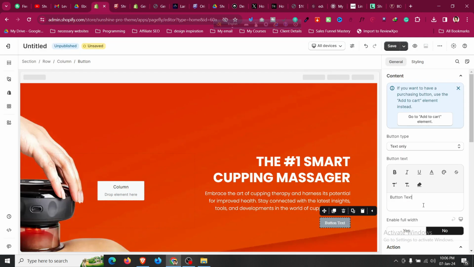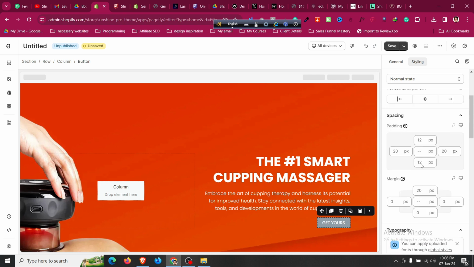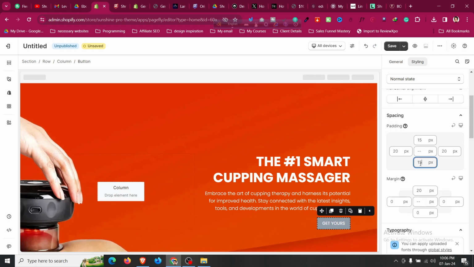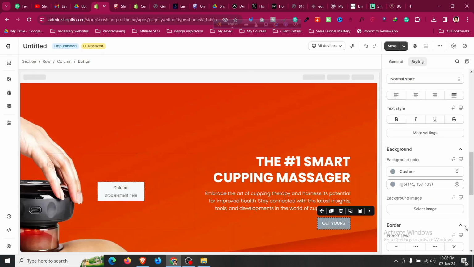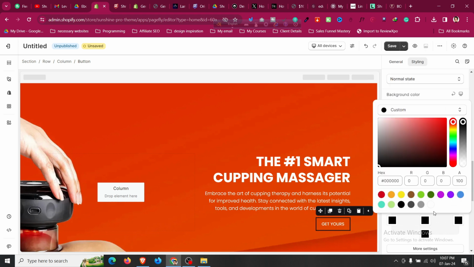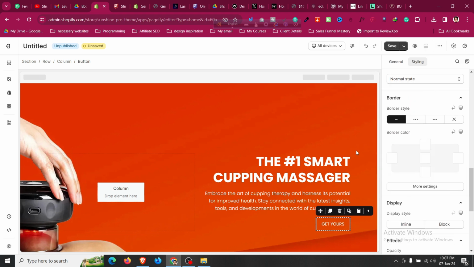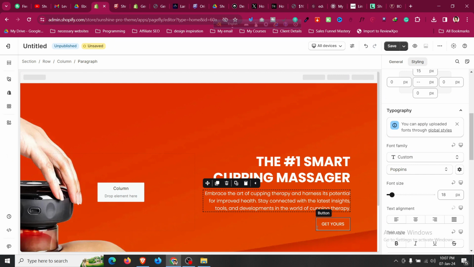Okay, click on this, click on get yours. Then click on styling, scroll down, and make the font Poppins. Then we can scroll to top 15. We can see there is a background. This is not using a background, so click on the background and make it transparent. Give a border and make it white. Make it white, but we have some border radius, so click on it,